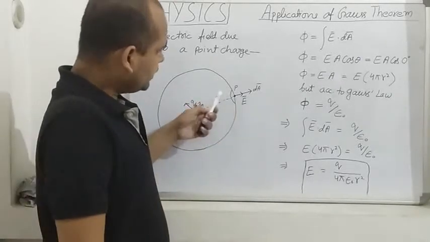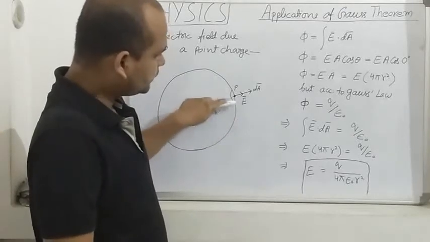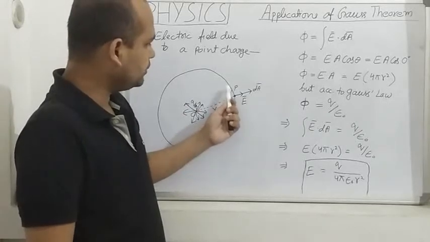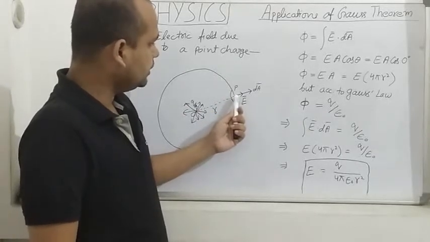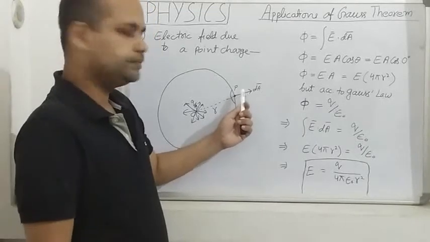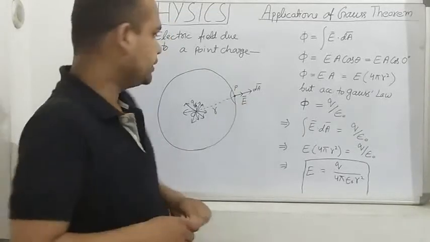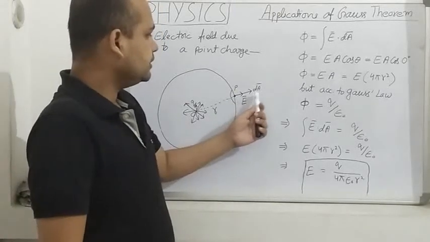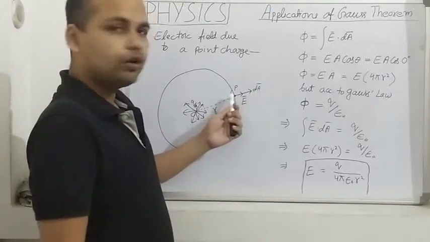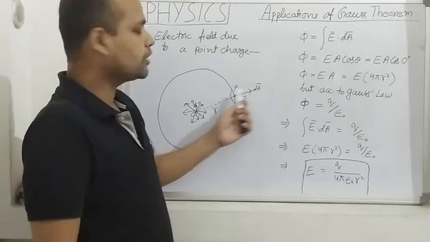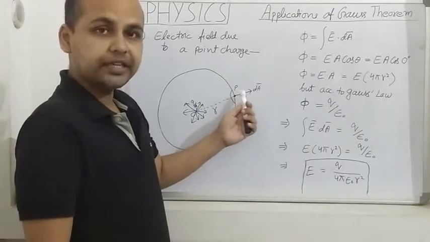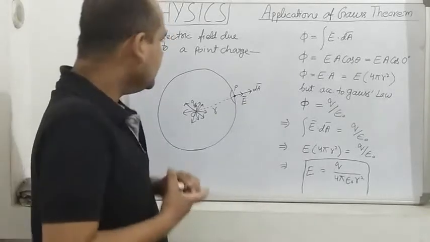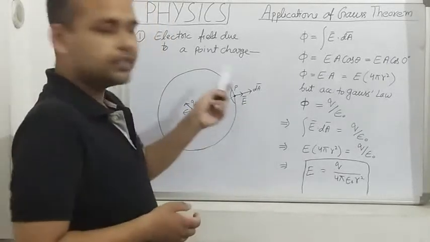The direction of the electric field at this small element of the sphere is shown here, and that is also radially outward. You can see here that the electric field E and the area vector of this small element of the sphere are coinciding with each other. They are parallel as well as coinciding with each other. That will be the case with all parts of this sphere.